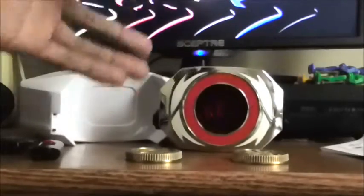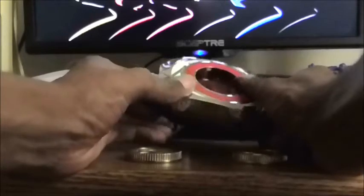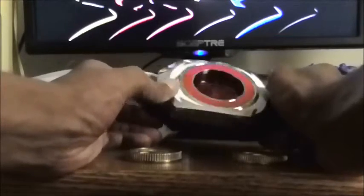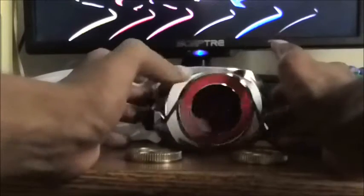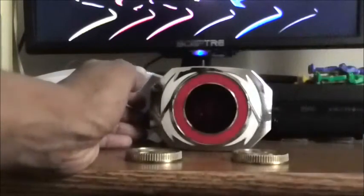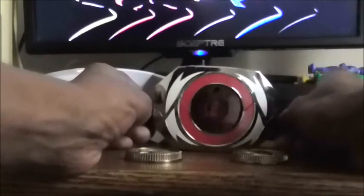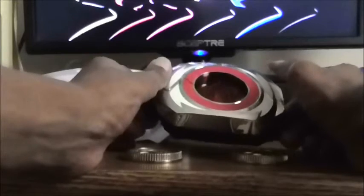Now I could go around doing cosplay of the Mighty Morphin Power Rangers, since most of the people I know, and especially everyone around the world, likes to do cosplay and stuff of Mighty Morphin. So this is my first Mighty Morphin Morpher in my Power Rangers collection. Yeah, sure, I can get Morphers for Mega Force and Time Force and Dino Charge, but I have to think about the original